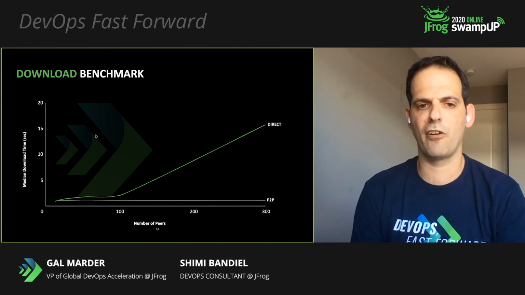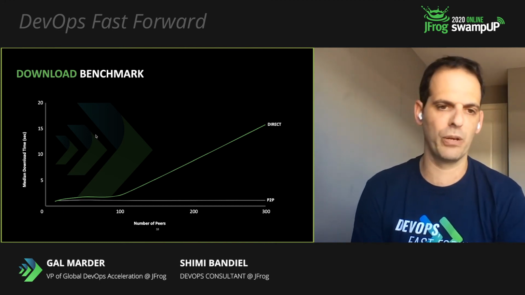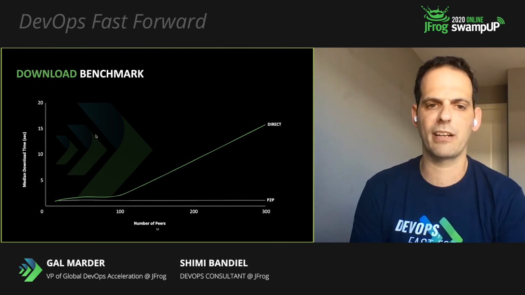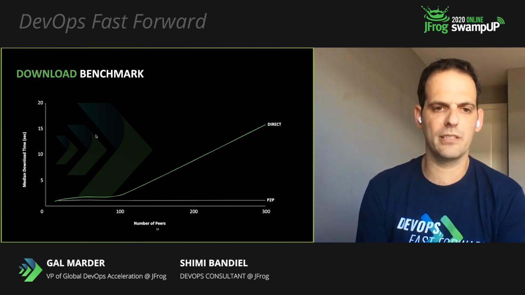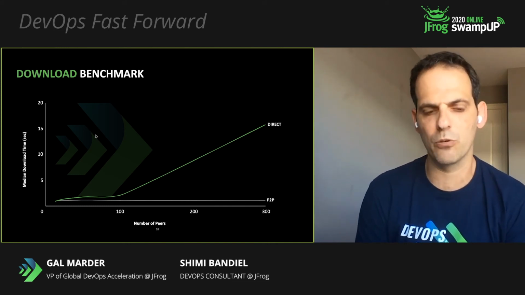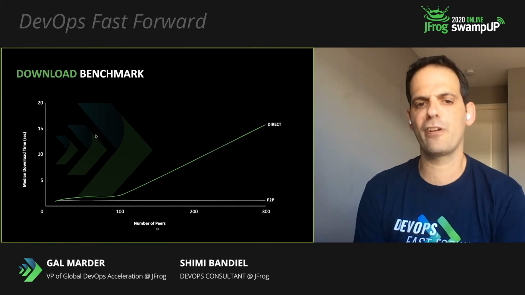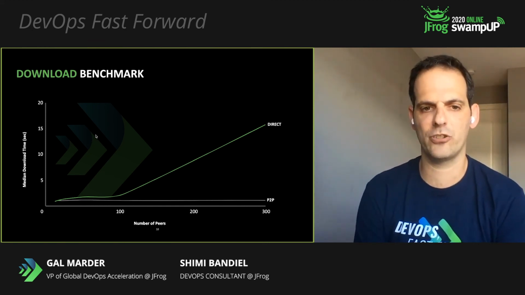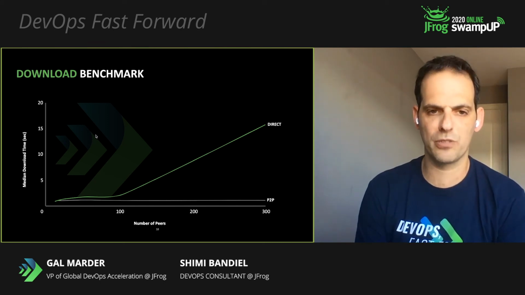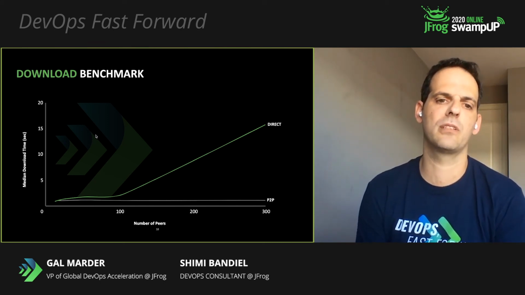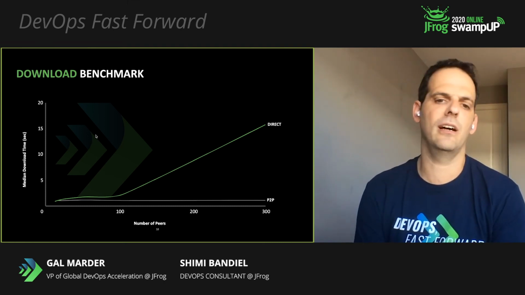And what you can see very nicely is that up to a certain point, there is no significant difference between peer-to-peer and downloading directly from Artifactory, because Artifactory is a very scalable solution, and we can actually handle a lot of load. But at the same time, every central architecture at some point, at some load, will exhaust the resources. And that's where we'll start to see the degradation that you see when we have more concurrent clients that are